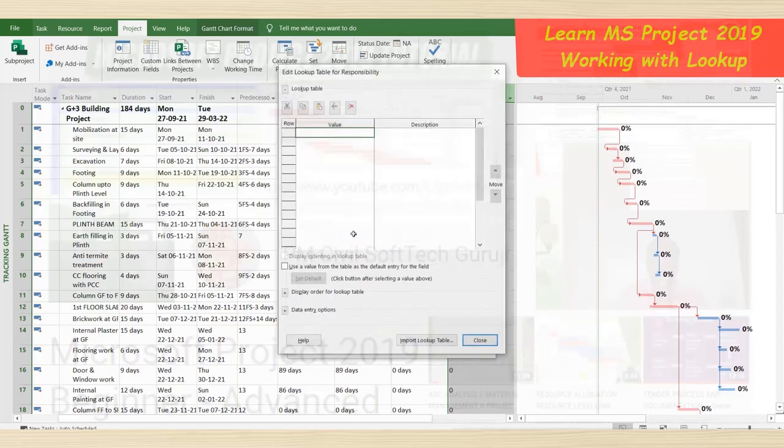Then in Lookup, you need to type the names of the persons to whom you are allotting the duty.